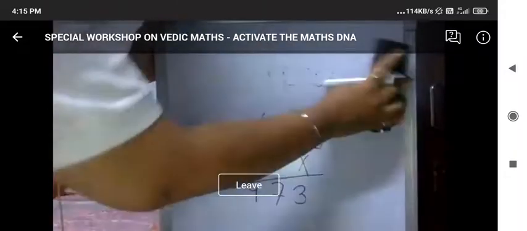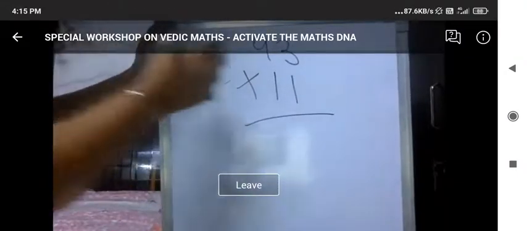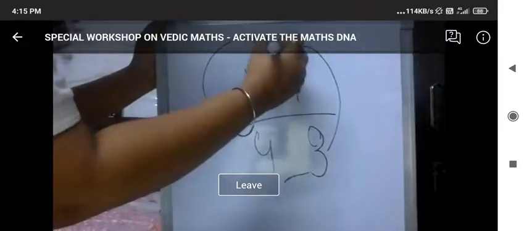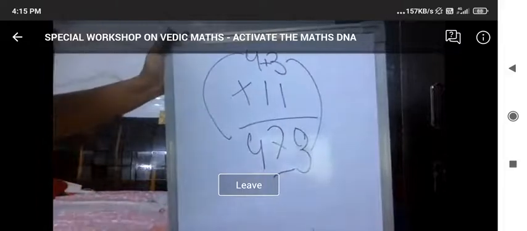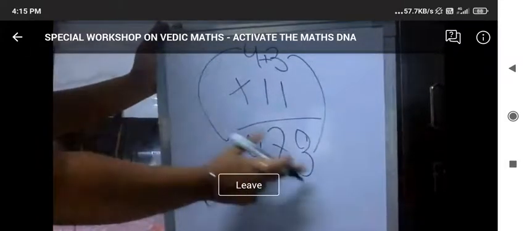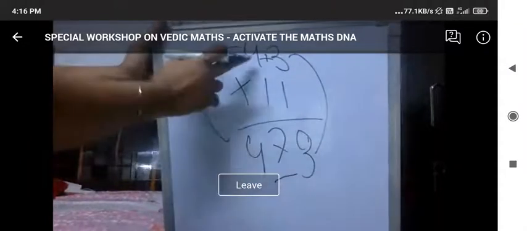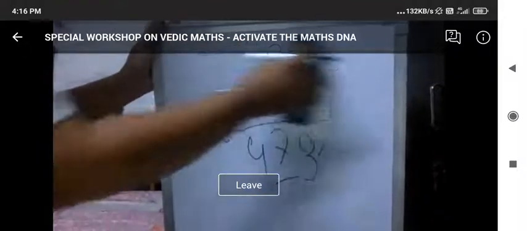Now, coming to Vedic mathematics and seeing the magic of Vedic mathematics, 43 multiplied by 11, you'll get the answer directly. 4 here, 3 at the ones place value, and in between, the sum of both the numbers, that is 4 plus 3, and I got my answer. So the answer here is 473. Hope you have noticed this is the same answer I got in the previous standard calculation. Let's try the same trick with another number. You can just randomly use it later as well.